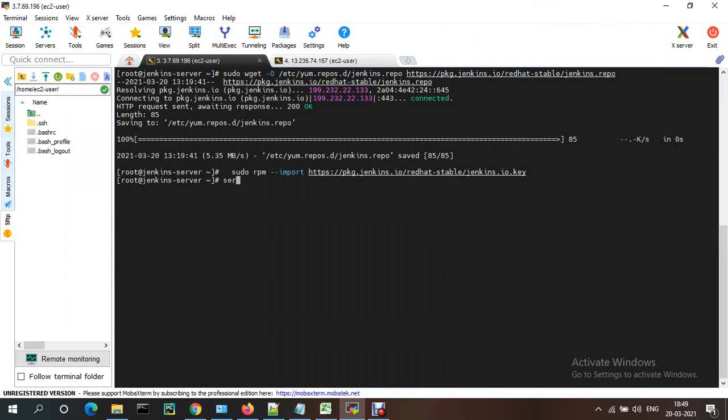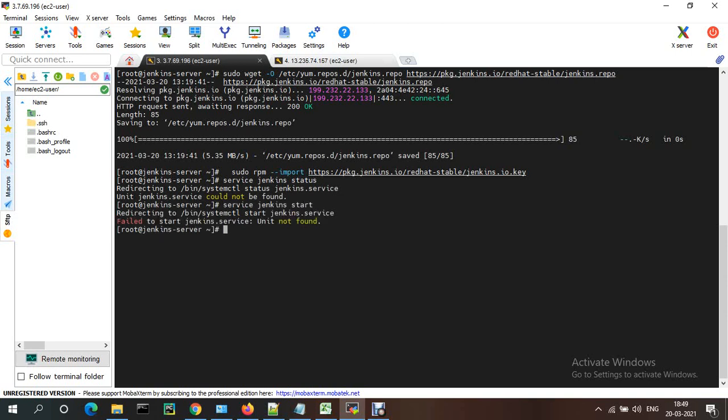Now if you check service jenkins status, it is not started. Sorry, we need to install Jenkins first: yum install jenkins -y.